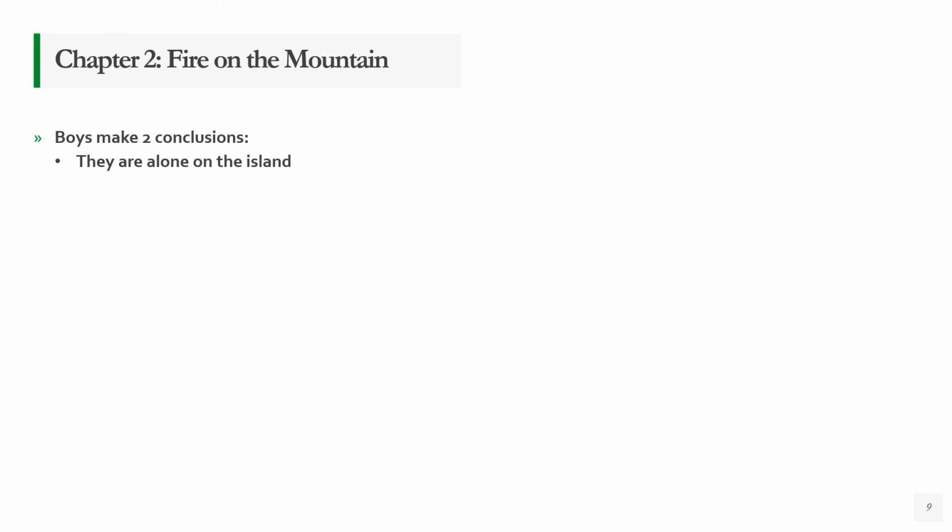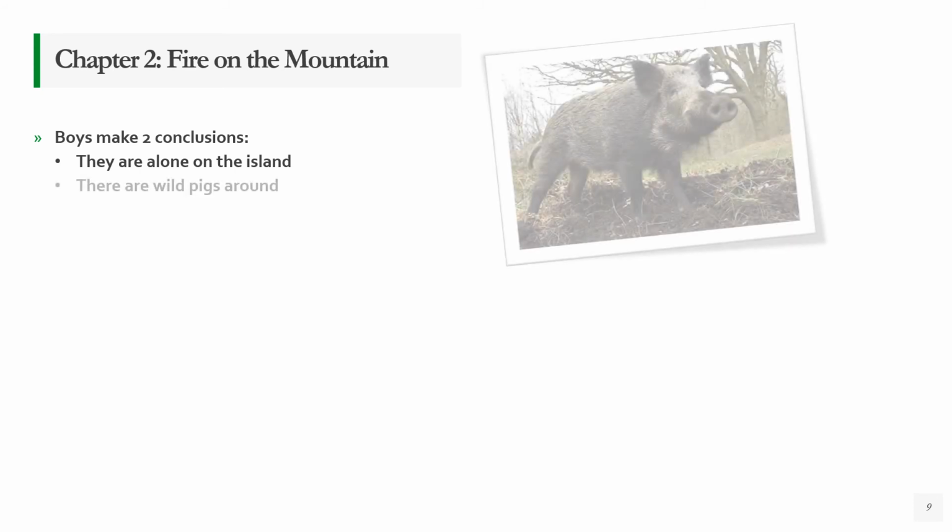And this has a very different effect on some boys than it does on others. Okay, and this is where we get a little bit of a better idea of the makeup of the crowd of these boys. We're told that they range anywhere from the ages of 6 all the way up to 12. So there are some children here who are very, very young. They are very little kids. These are kids who, without the aid of someone older than them, would not survive at all. They don't know how to fend for themselves, to find food or shelter or anything. They need someone to take care of them. So for these boys to not have any kind of help is something that's very dangerous.